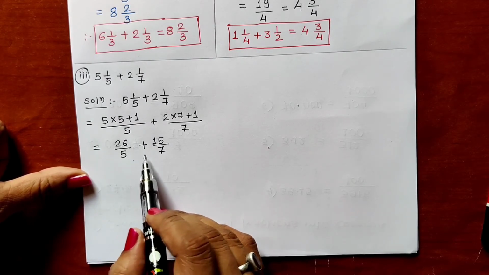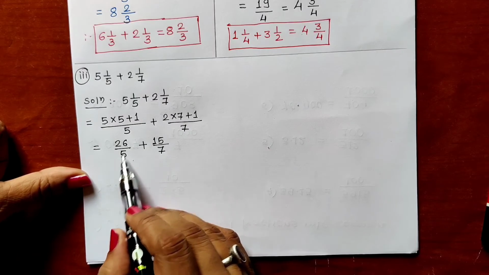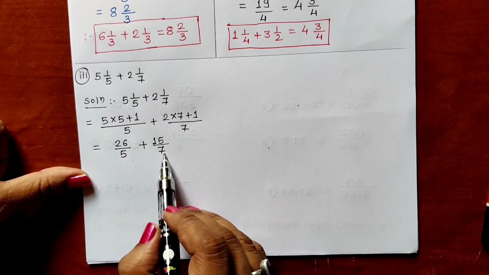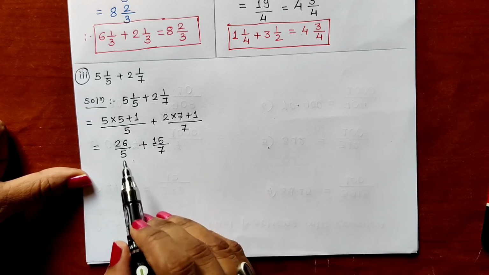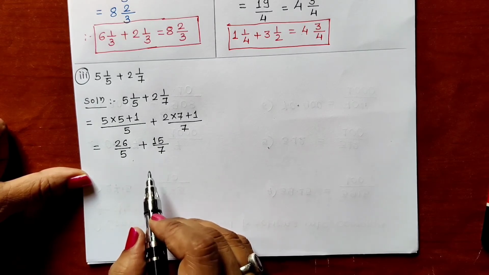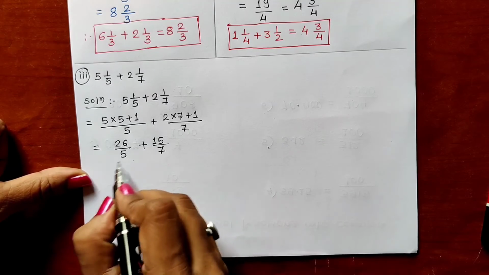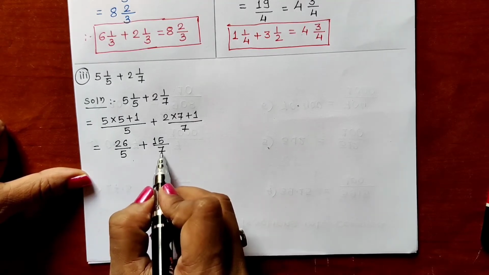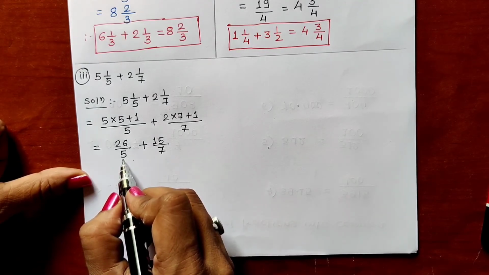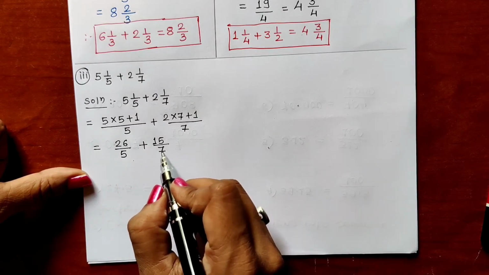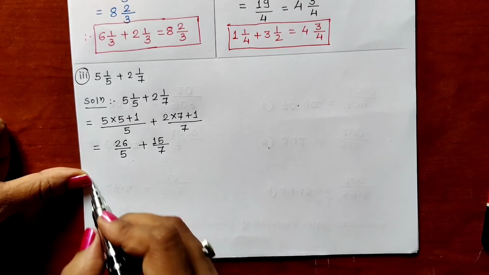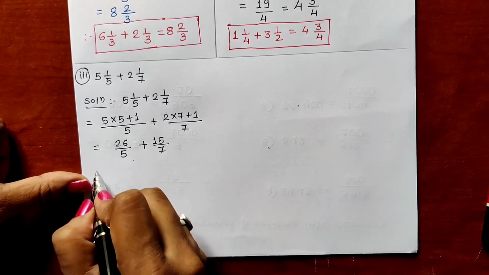So what will we have to do? We will have to multiply the first fraction by the denominator of the second, and the second fraction by the denominator of the first. We have seen this in our practice set 9 also. So we will be multiplying this 5 by 7. We will get 35 as the denominator. And we will have to multiply 7 by 5. 7 fives are 35. Again we will be getting the answer as 35 in the denominator.